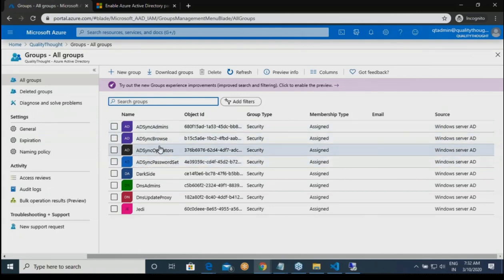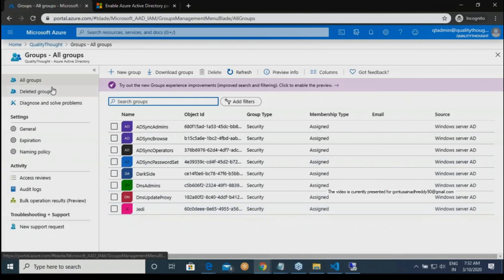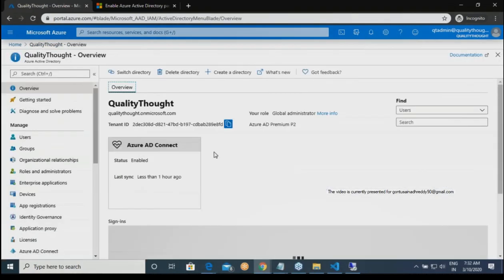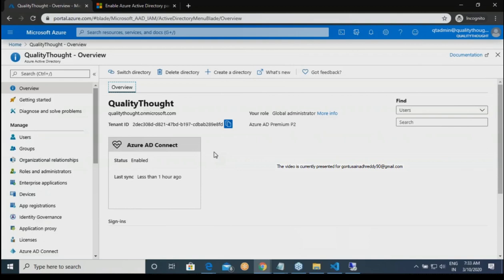These are the groups which help Microsoft Azure to sync with your Active Directory. But these two are something which I have created, DarkSide and Jedi. And then we will look into the premium features tomorrow, Federation services and then AD Connect. Right. Start working. You just sync your users.